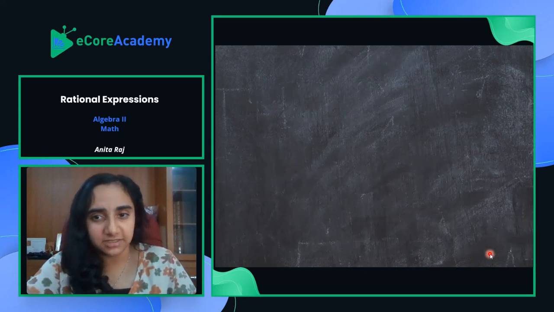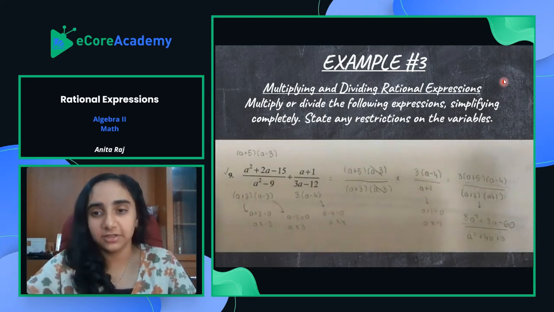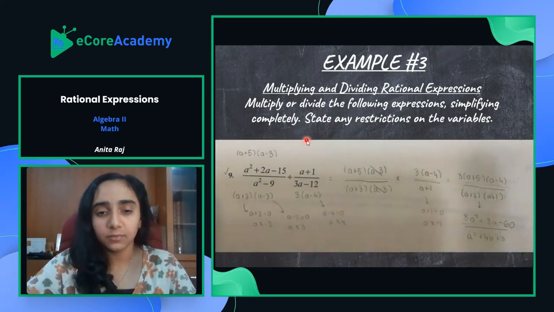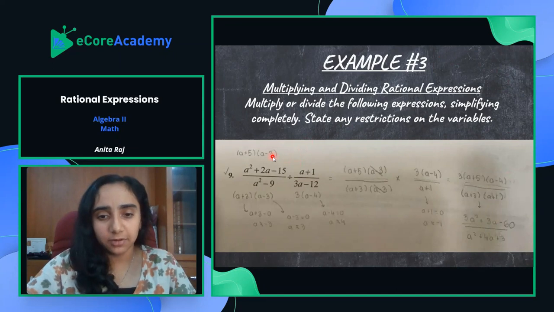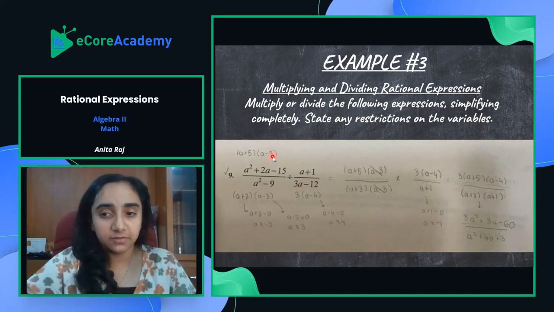We actually have one more example that I'll go through very quickly. Example number 4. Sorry that I wrote example number 3 up here, but let's go through this. I wanted to work through this because this is a bit different, but we're going to be doing division again. So we have a squared plus 2a minus 15 over a squared minus 9 divided by a plus 1 over 3a minus 12. So first I factored this numerator, which came out to be a plus 5 times a